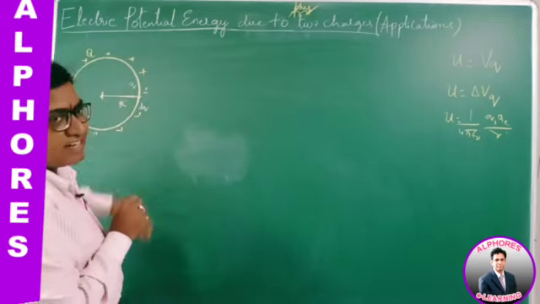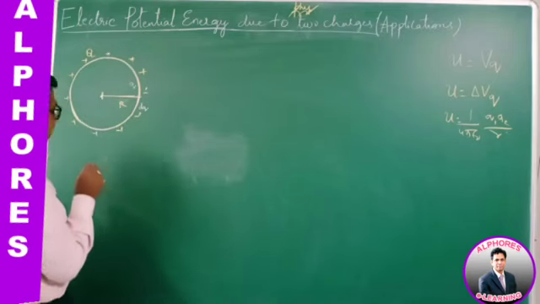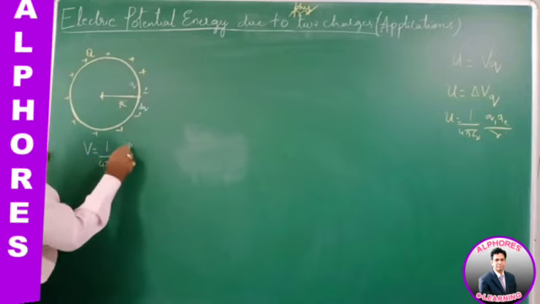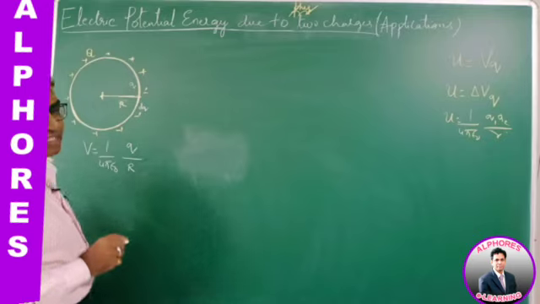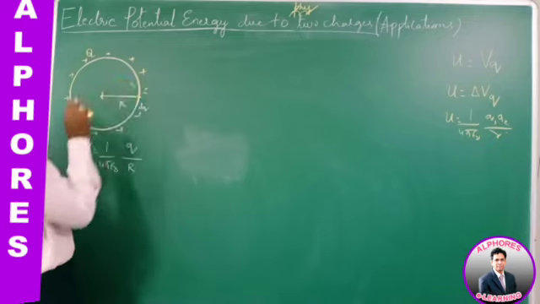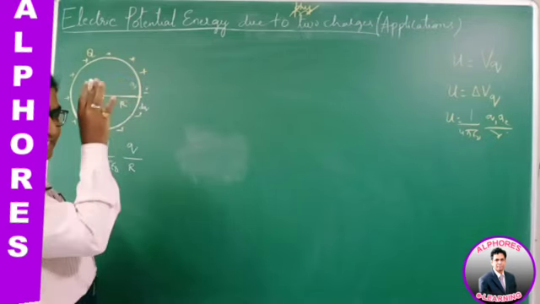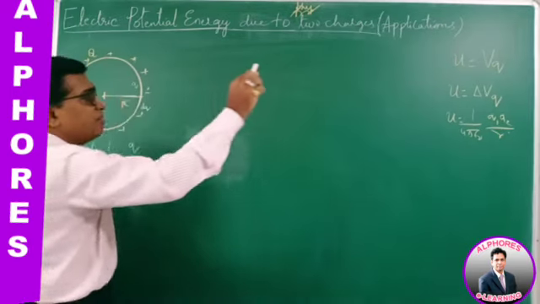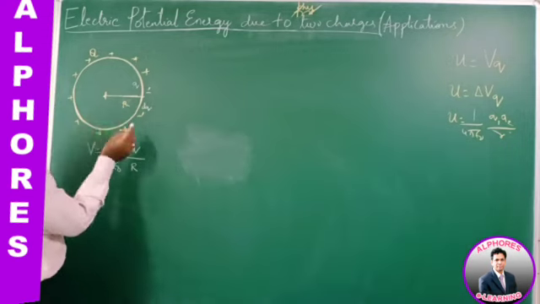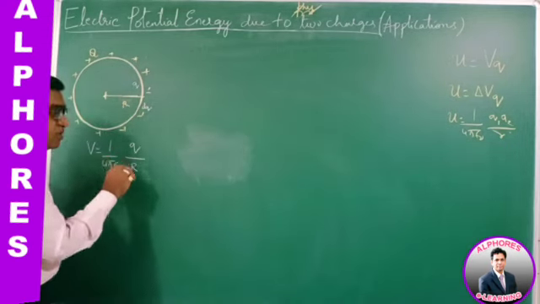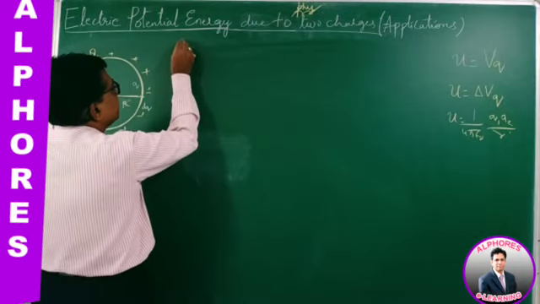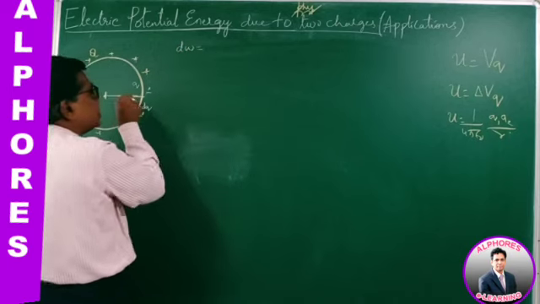Now at this instant, the potential of the sphere, for which we have derived a formula, is 1 by 4 pi epsilon naught q by r. At an instant of time the charge was q. It's not fully charged. At some instant the charge is q, then an elementary charge is moved from infinity and given to it. So the potential at that instant is 1 by 4 pi epsilon naught q by r. Now I move an elementary charge from infinity to add to it. Then the small work done in giving this charge to it.